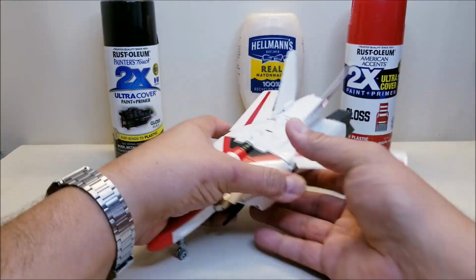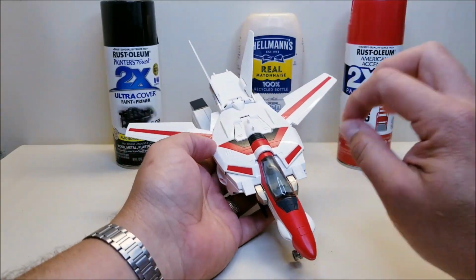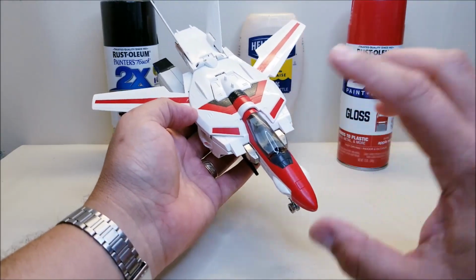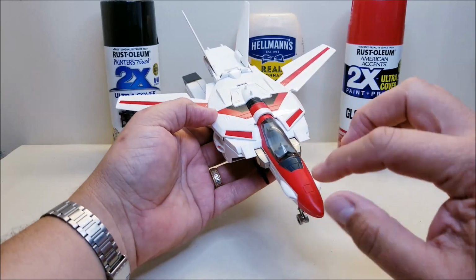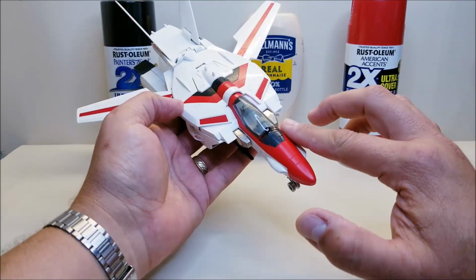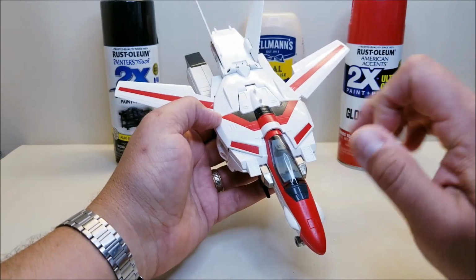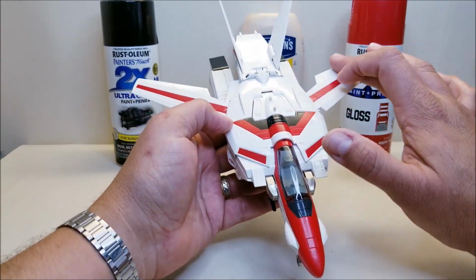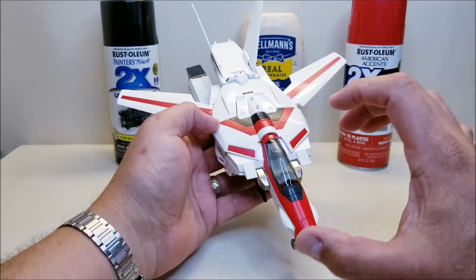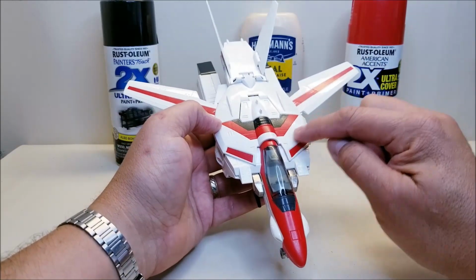Now, I did say that if I were to do it again, I would do something different, and that would be, before removing the masking tape, I would do a clear coat. One thing I noticed once I got it all done is that, you've got to look at it up close, but you can see a difference in the texture of the finish of the areas that I painted. It's not as smooth as the rest of the figure. So if I had to do this again, I would spray a clear coat over the parts that I painted, again before removing the tape,